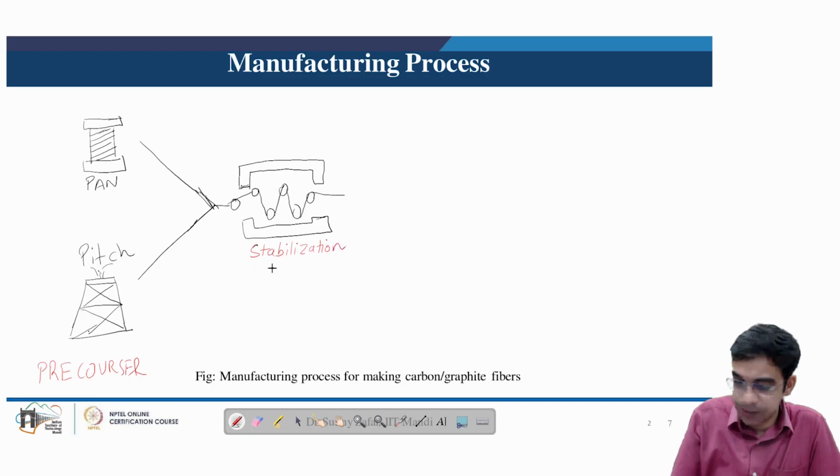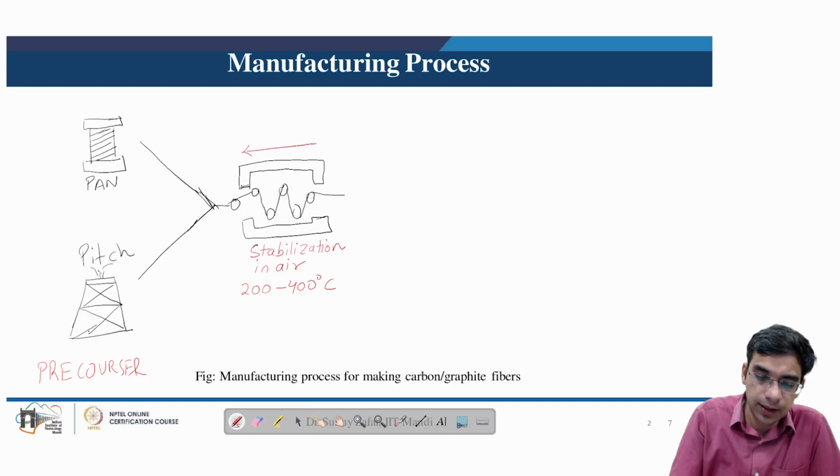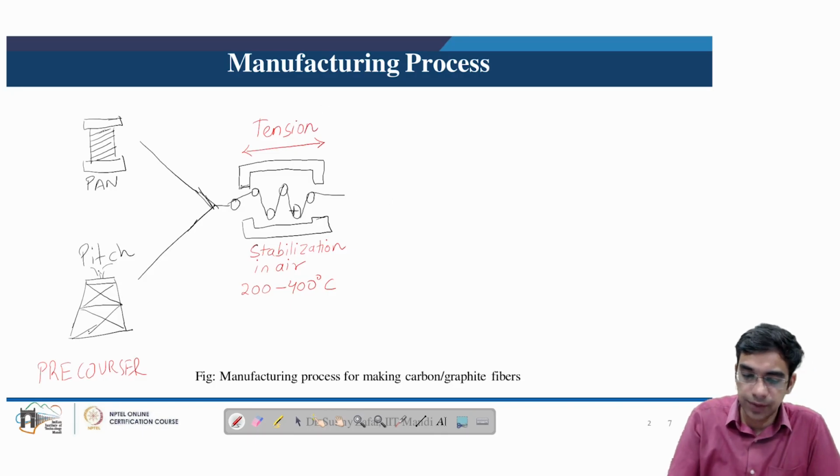And this takes place in air, and this is conducted in the temperature range of 200 to 400 degrees Celsius, and again a continuous tension is applied on the fibers. So next is the carbonization stage,